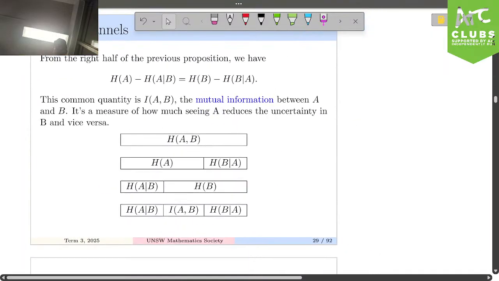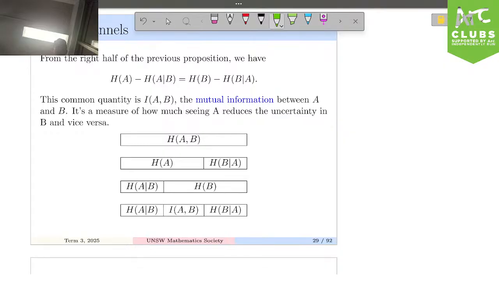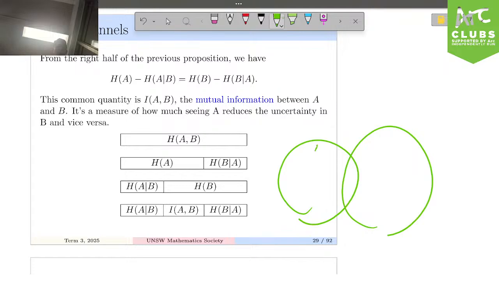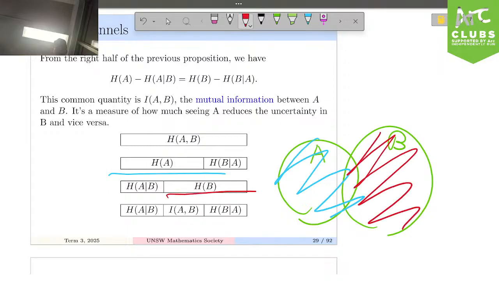Okay, so this is the diagram that I was trying to speak about. You can think of this as a Venn diagram. Essentially, we have A and B. This expression, which is the mutual information, is effectively the overlap between the two. So it's the shared information between our source and the sink, which we're trying to maximize in a couple of slides, because it's effectively saying how much information we can actually transmit. H(A) is going to be this whole part here. H(B) likewise is everything in this part of the Venn diagram.